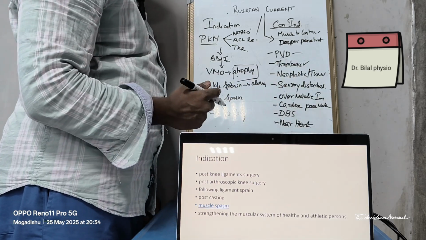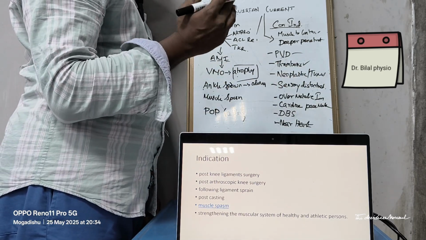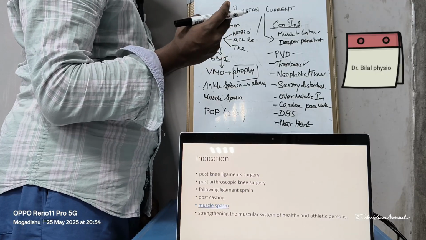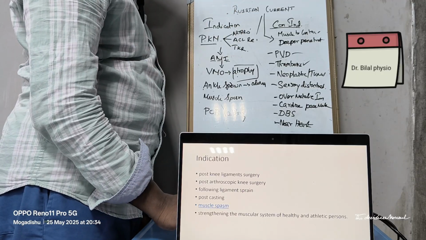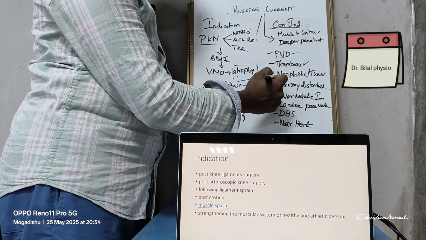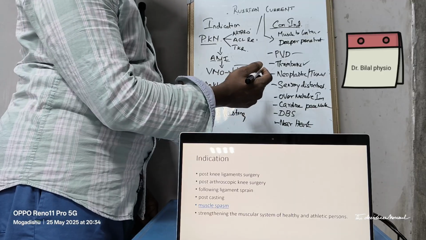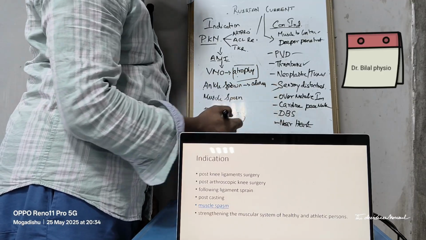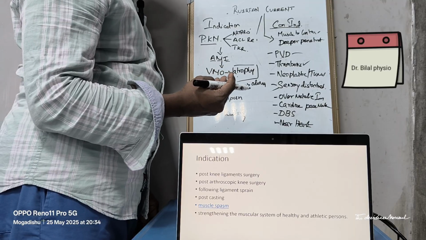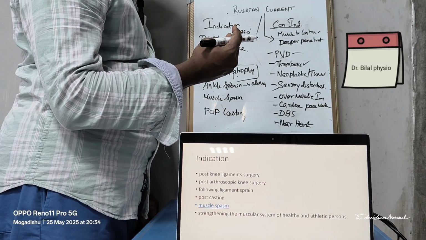Why? Because the thrombus can become an embolus and may reach the heart or lung, or in the case of the brain, may cause a stroke, heart attack, or even pulmonary dysfunction. Neoplastic tumor, as it may cause the spreading of the neoplasm to other areas. Sensory disturbed areas, to avoid electrical burns. The patient will not be aware of the intensity, so we may sometimes increase the intensity to the maximum